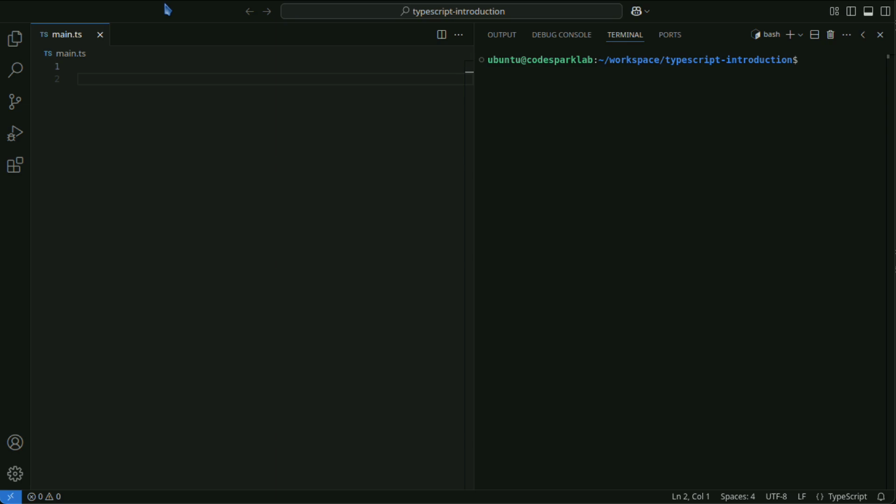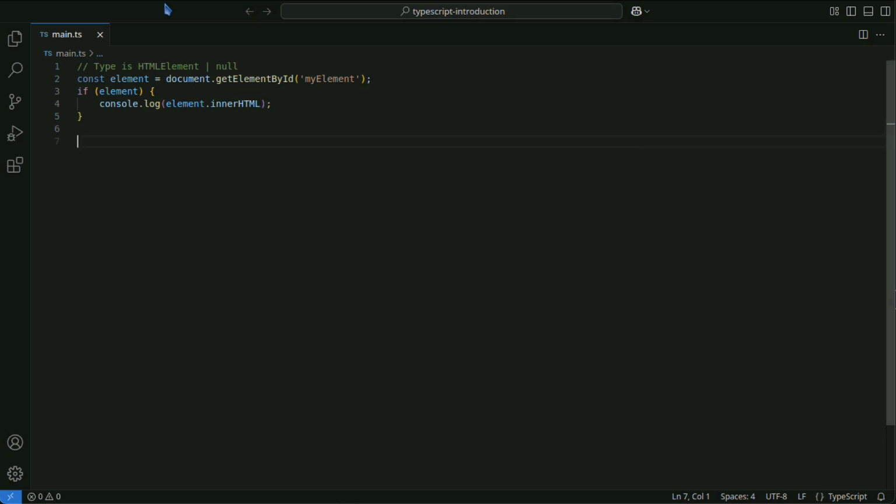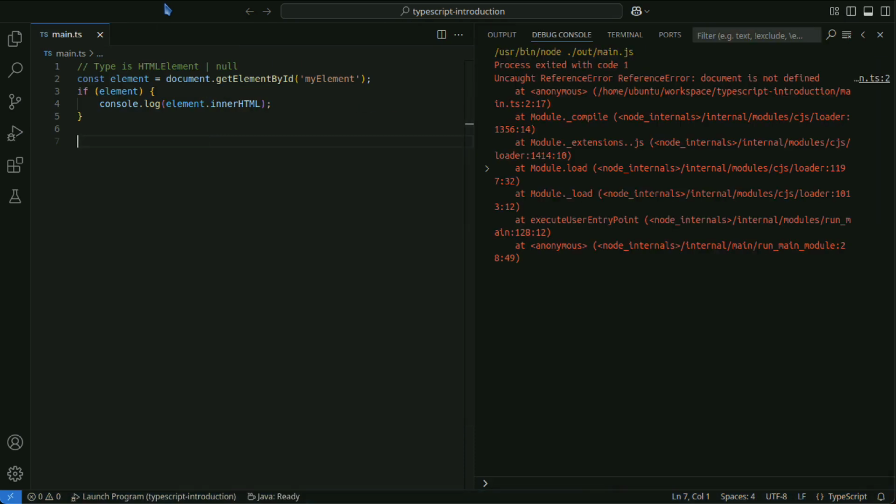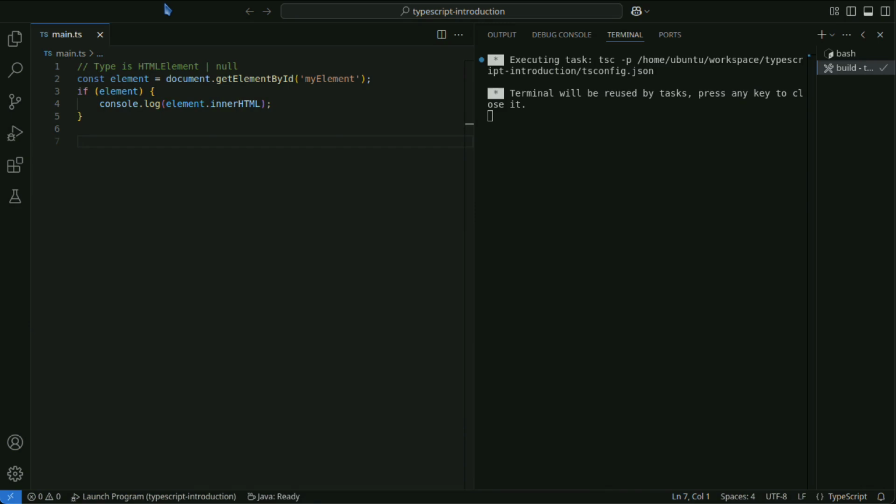The following methods are commonly used. document.getElementById gets the element with the specified ID attribute. document.getElementById retrieves the element with the specified ID and allows you to access its content if it exists.